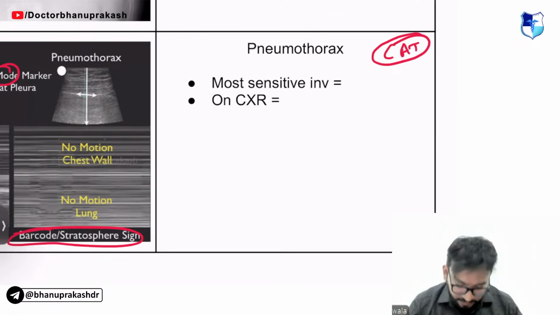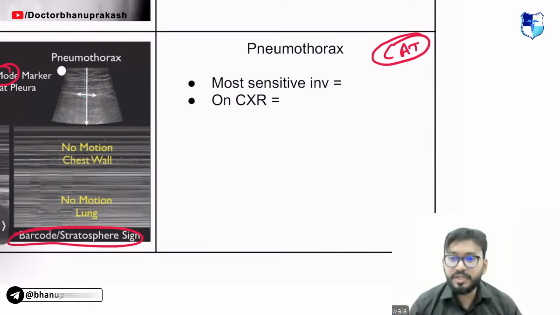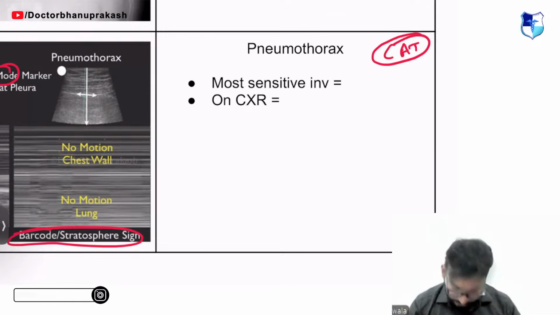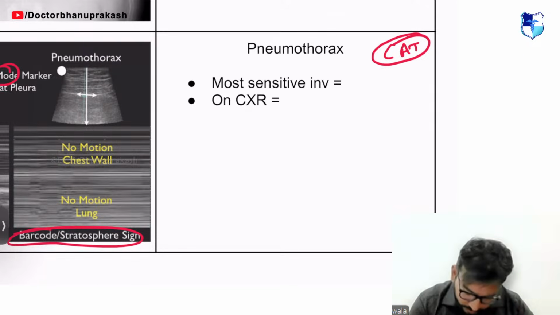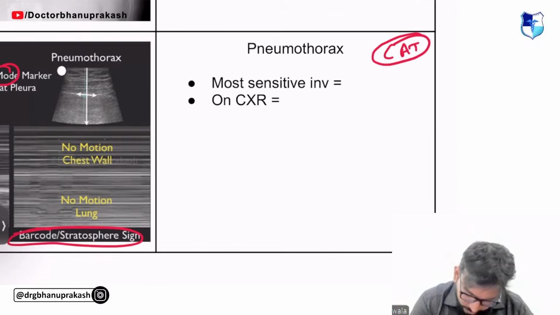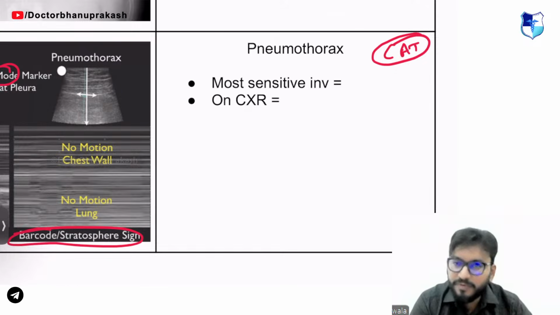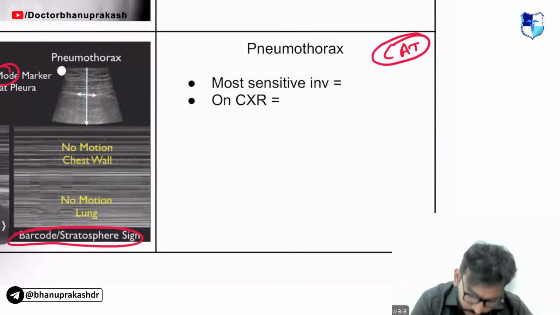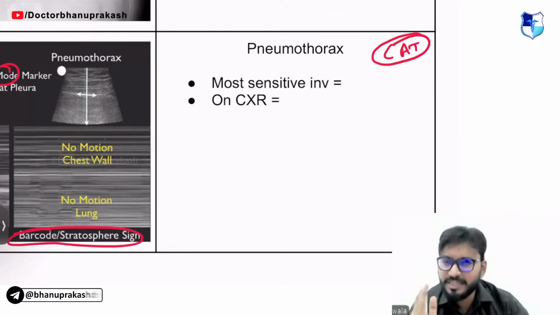The most sensitive investigation. I've written the mnemonic for you guys. Pneumothorax is air in the pleural cavity. Which investigation is the best friend of air? Come on. No, it is not ultrasound, guys. Remember CAT FUSS, air. The most sensitive investigation has to be a CT scan, guys. You cannot forget these basics, right? CAT FUSS. Remember this for the rest of your life.